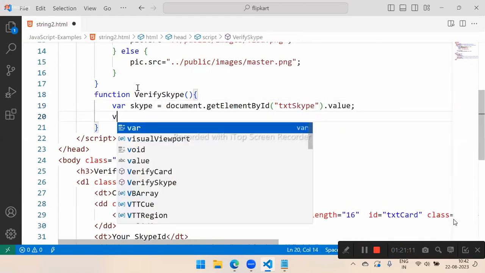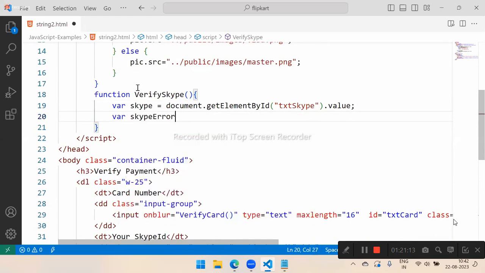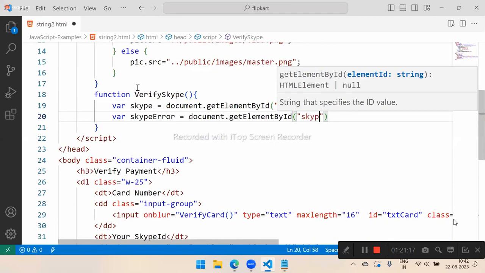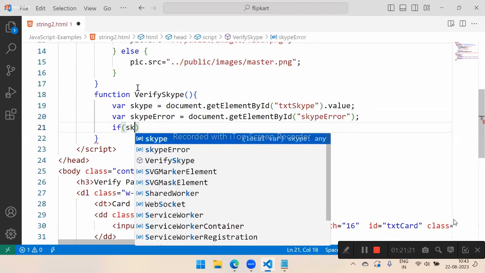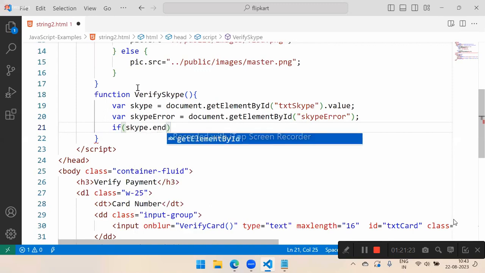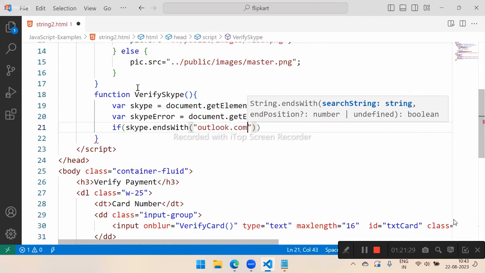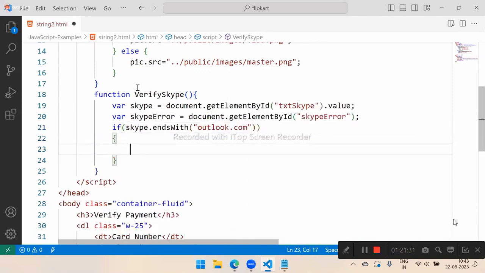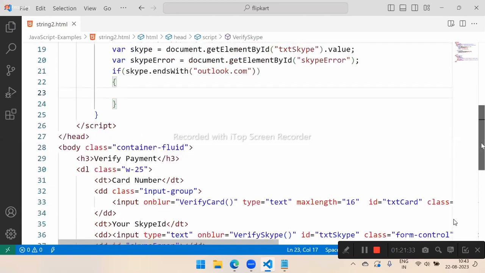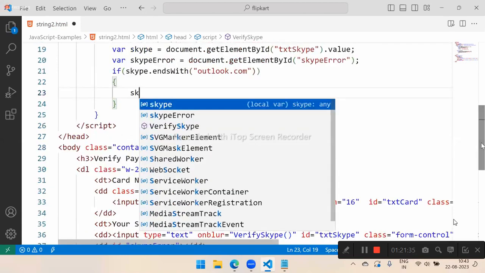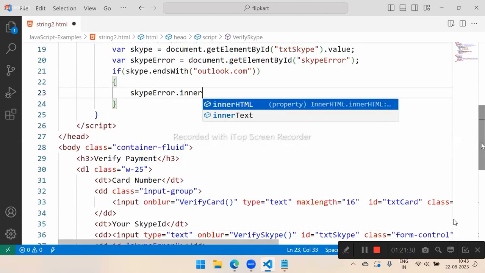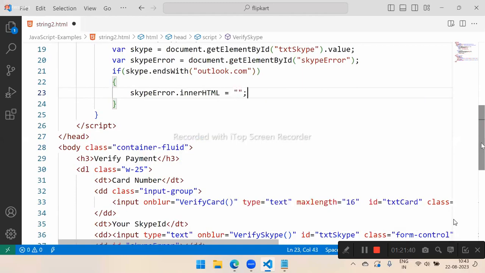And one more is there. What is it? Skype error. Document.getElementById, skypeError. So we have to check the condition. If Skype dot endsWith outlook.com. If it is ending with outlook.com, then we will display the message: skypeError.innerHTML should be empty,